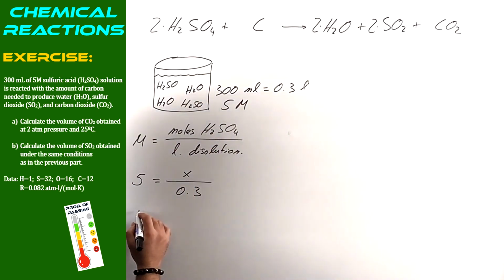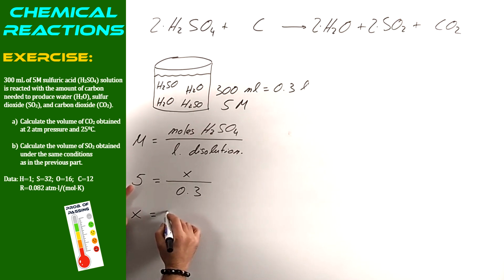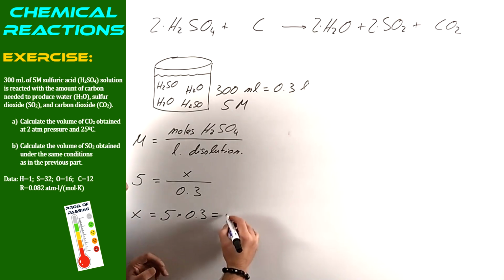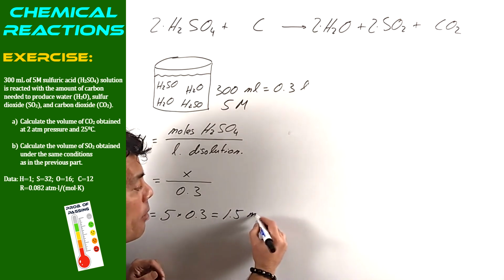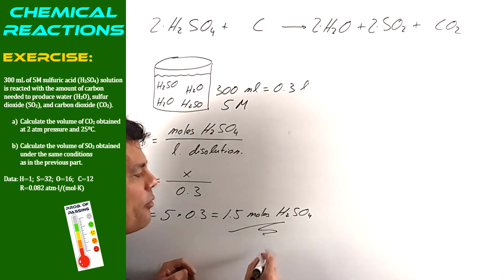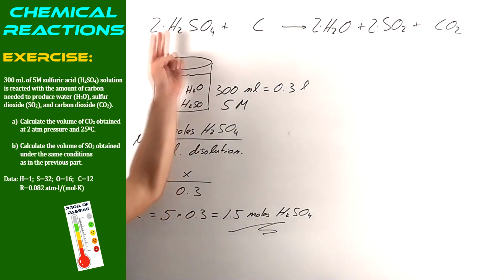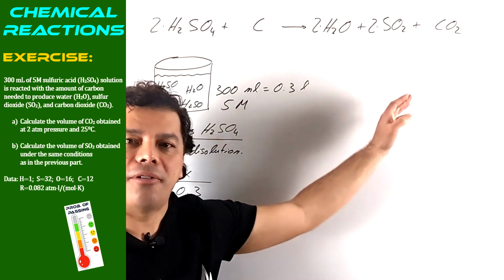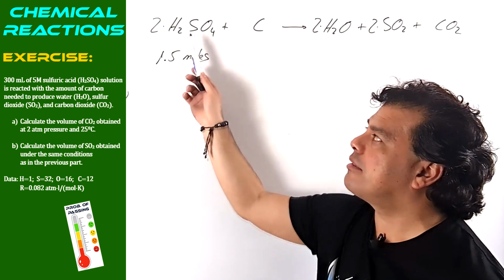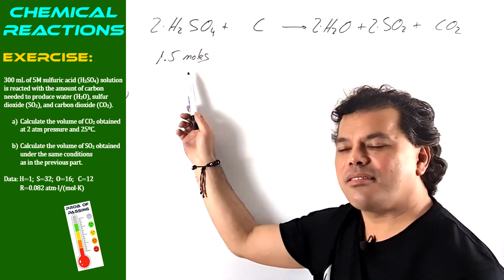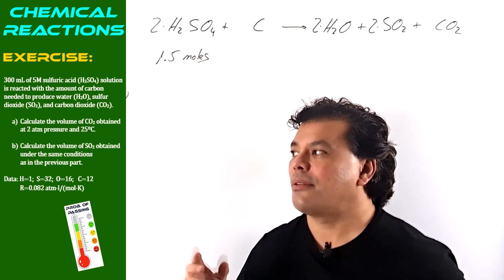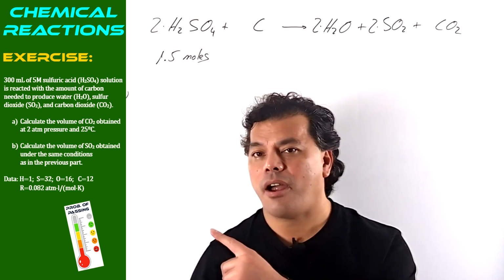Using the calculator or doing it by eye, you can see that X equals 5 times 0.3, which is 1.5 moles of sulfuric acid. And there we have the amount of this substance in order to calculate the products. Okay? And now that we have already discovered the amount of sulfuric acid that reacts in the form of moles, it's time to read the statement in section A, which says, calculate the volume of carbon dioxide